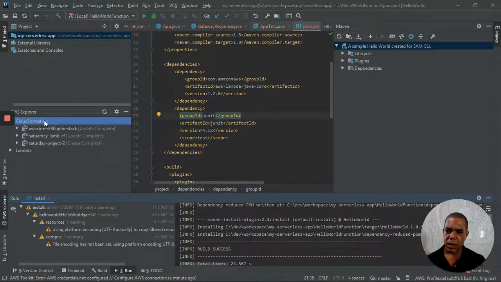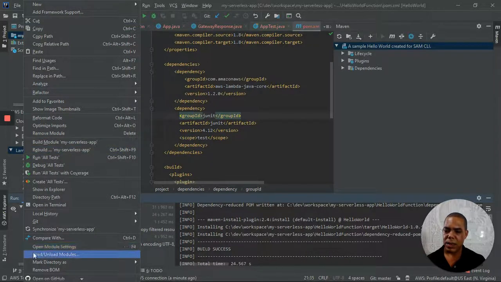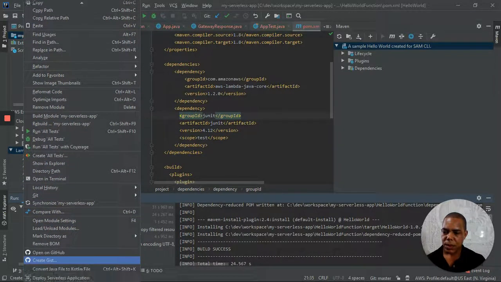You can see CloudFormation. There are other projects that already existed, and it will be visible here. The CloudFormation templates you already have, and the other Lambda functions that you had on AWS will appear here. Now you can deploy the application on AWS. Click it with the right button, go on Deploy Serverless Application,